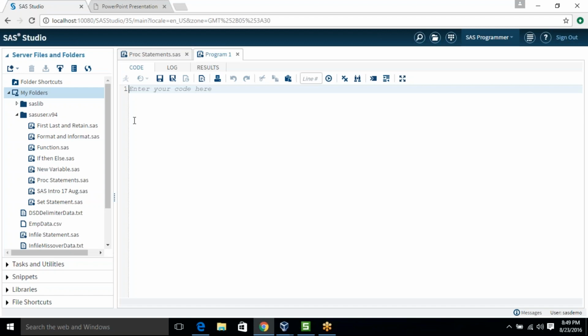So here I'm talking about the three options which we generally use with the data step: keep, drop, and rename. So keep, basically when you're working with real-time data, you can see there are a lot of variables. Assume that you have 100 variables, but you have to use only some of them. So you can use the keep statement or keep option to retain only those variables which you require. Okay, so I am just giving a small example here.